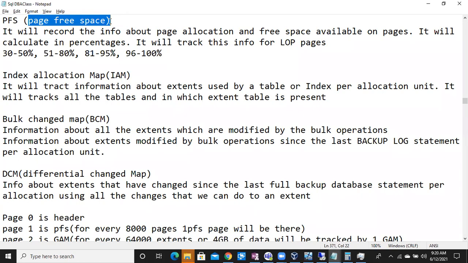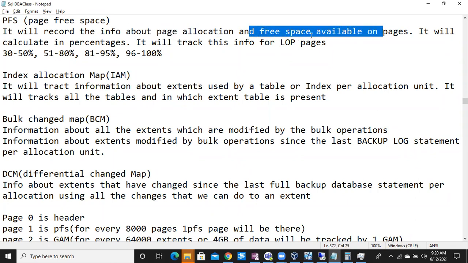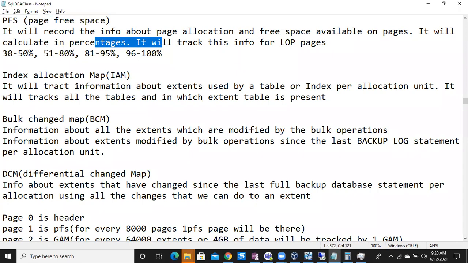This PFS system page will track how much free space is there in all the data pages. It will record info about page allocation and free space available on pages, in terms of percentages like 30 to 50% or 50 to 80%. 100% means the page is completely free.